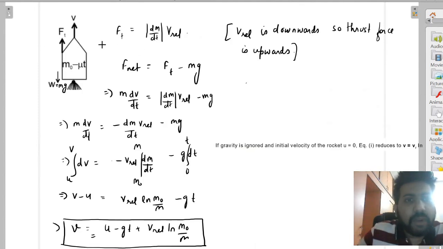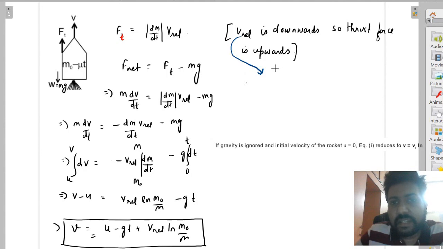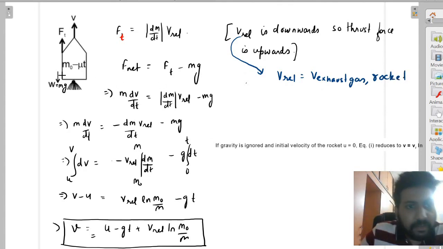So now what will be the thrust force? You know that the magnitude of thrust force is equal to dm by dt multiplied by v relative. Now what is the direction of v relative? Listen carefully everybody, v relative is the velocity of exhaust gas with respect to the rocket. With respect to the rocket, the velocity of the exhaust gas is downwards, so v relative